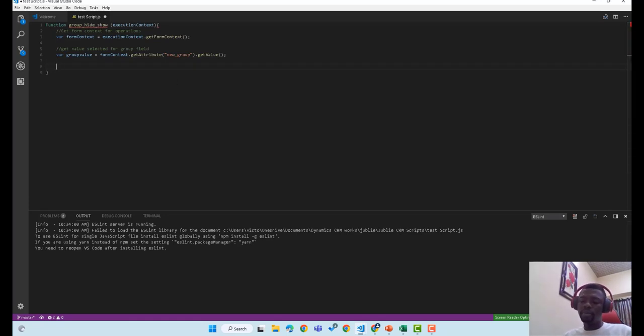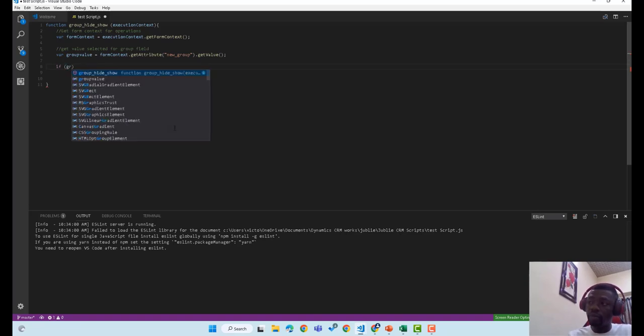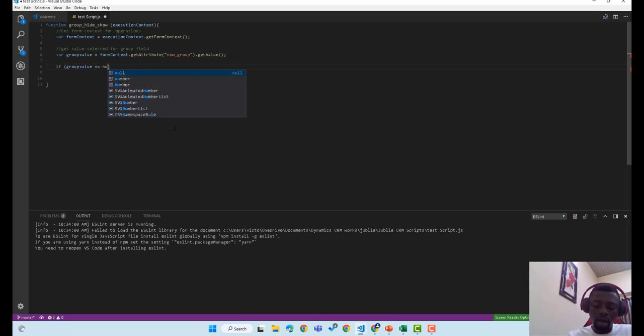And when we are done picking the value from the group, what we want to check first of all is if this is actually empty without any value. It should ensure that all the other fields are hidden. So what we'll do is we'll open up an if statement block, and in our if block, what we'll be checking is group value. So check if group value is null,